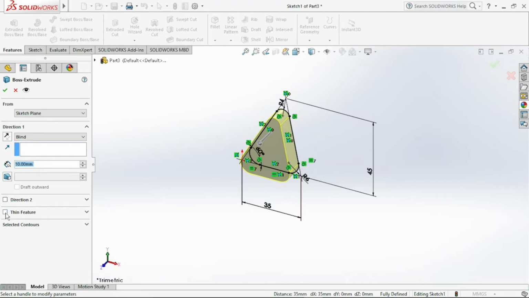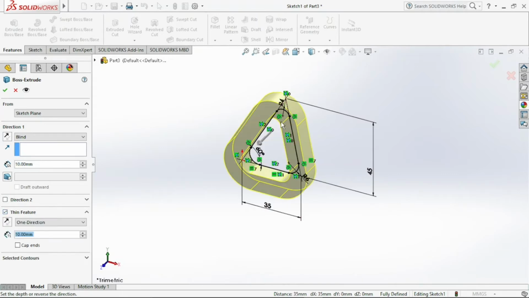So we have a particular option over here, which is thin feature. As soon as I selected that, it made the sketch we have made into a hollow one, and it has given a 10 mm outside radius and extruded that particular part. So we have to flip the direction.